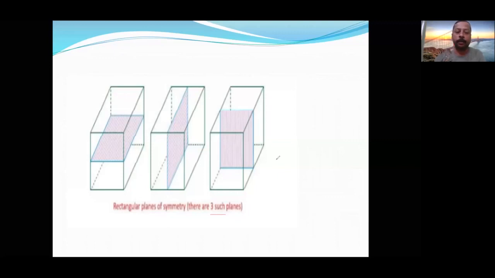Now, rectangular plane of symmetry is very, very important, because nowadays questions on deriving the empirical formula say that all points on one of the rectangular planes of symmetry are lost due to some defect. You will be able to answer only if you understand the three-dimensional diagram. People who start preparing for direct questions without studying and understanding the basics, that is the problem arising.